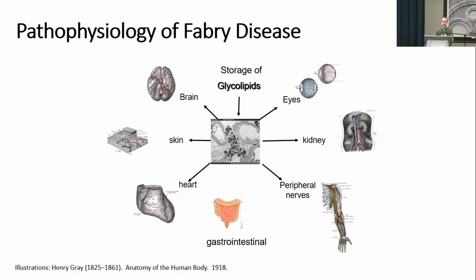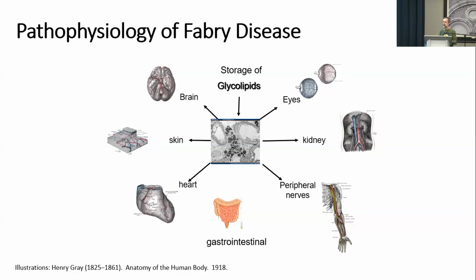Now, that damage to the cells involves multiple body parts, and we will not talk about all of these, but essentially nearly every body system has some abnormalities in it. The ones listed up there are the ones that are most important, or at least most frequently noted by patients and by physicians and scientists. So we have abnormalities in skin, eyes, brain function, etc. And each of those are to some extent independent.